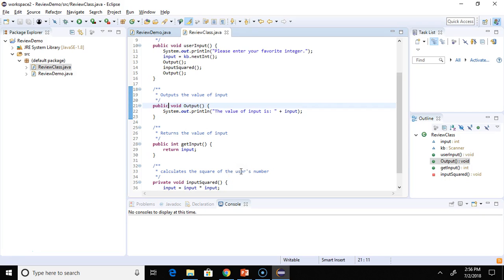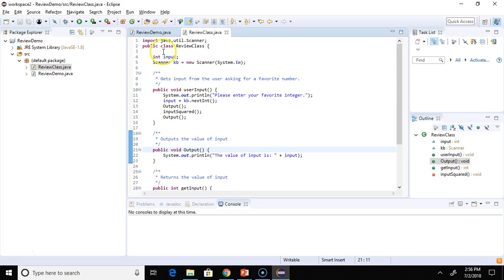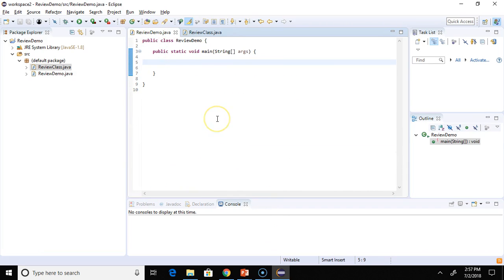It just depends on ultimately what you want your program to be able to do. All right, so I'm just going to leave that as is. Let's go ahead and go over the review demo. Now, let's first make our review class object equals new review